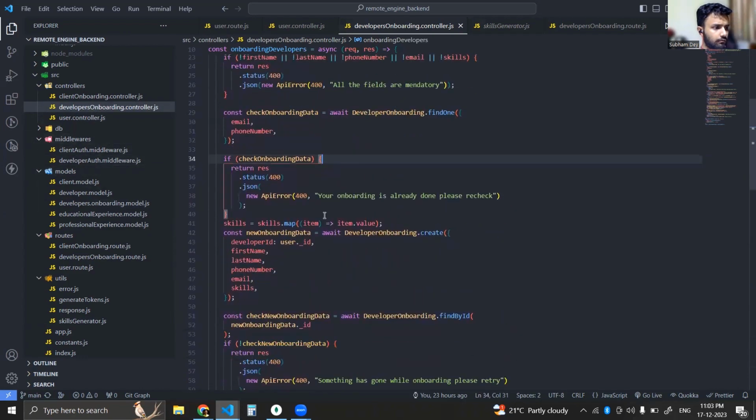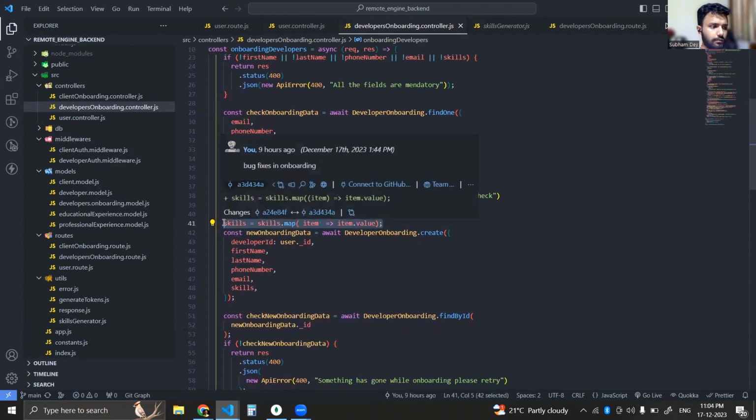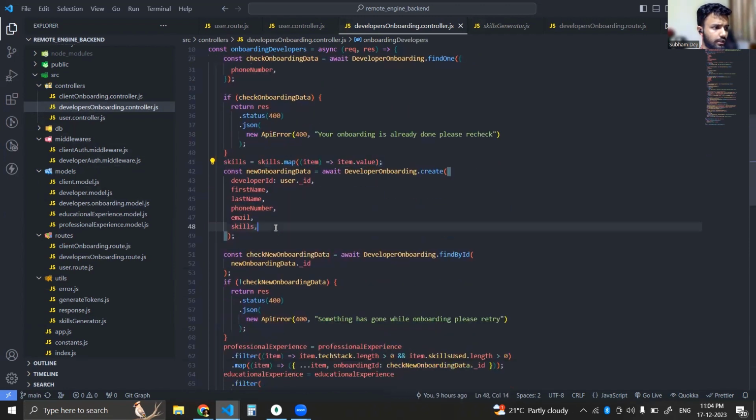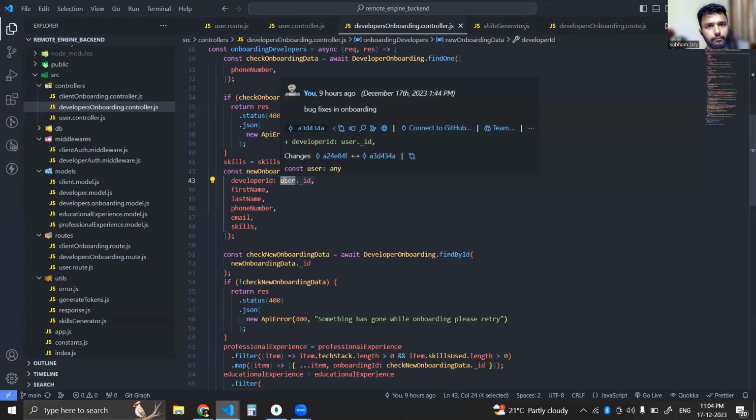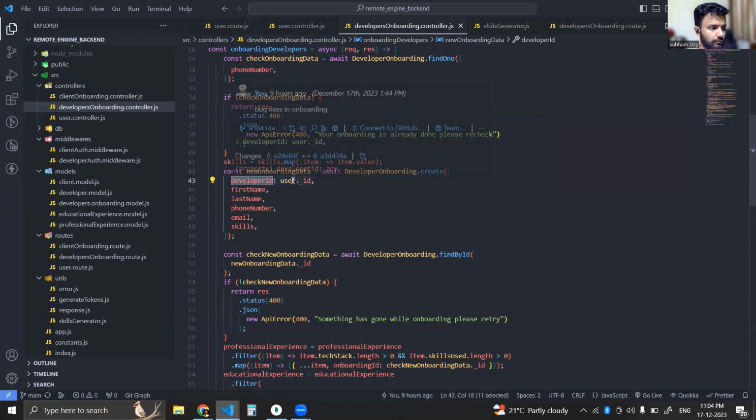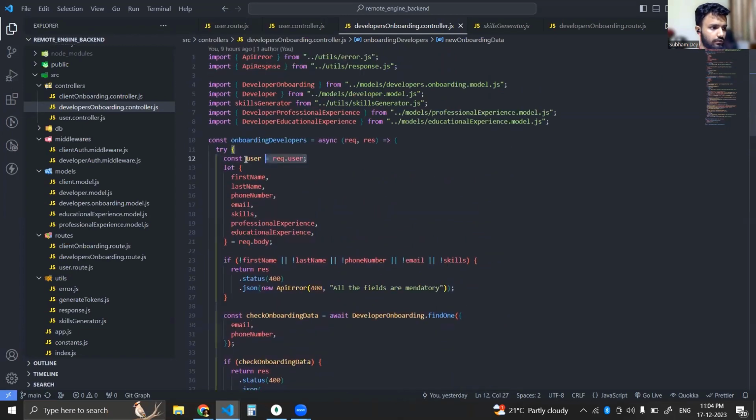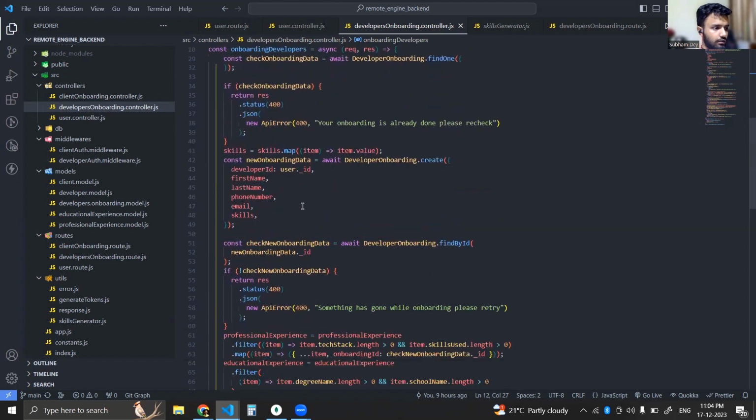Okay, so this one was the skills.map. We are extracting the basic values, item dot value. And what we are doing is creating the onboarding data. So the developer ID would be, in the middleware, we are attaching the user, right? So in the user, we'll have dot ID. That's the developer ID. So we'll put it in the onboarding request object. The developer ID is there, and we get the user from request dot user only, because this is already done in the middleware part. Okay, so this will be